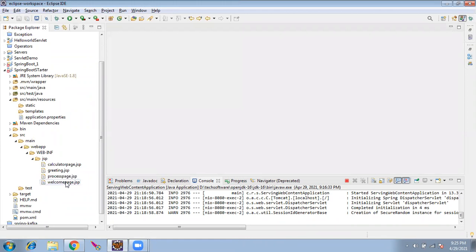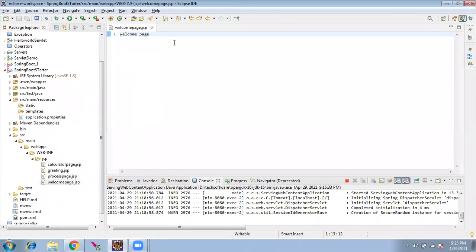So the first JSP will be the welcome JSP, and in the welcome JSP I'll give an anchor tag href equal to calculate. Maybe this is the URL. I'll copy this.